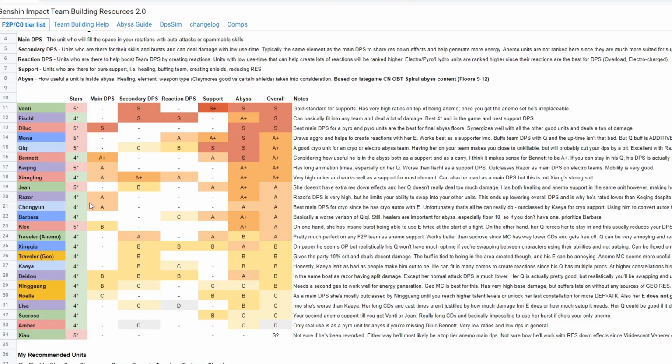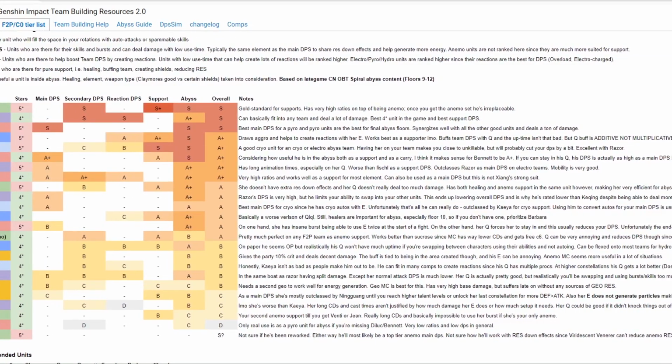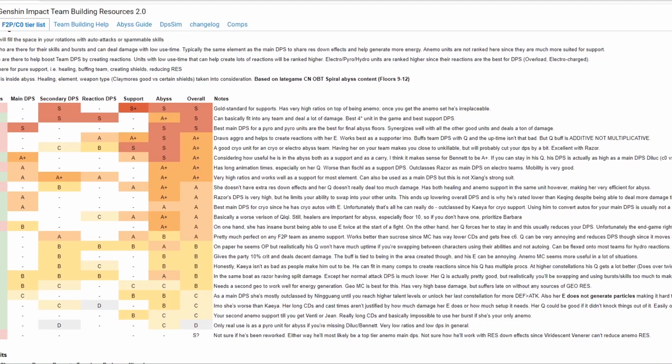So Razor, moving on, guys, is an A in terms of main DPS. They don't have them categorized really in any other regard. But an A+ in the Abyss and an A overall. And it says Razor's DPS is very high, but he limits your ability to swap into other units. This ends up lowering your overall DPS, and is why he's rated lower than Keqing despite being able to deal